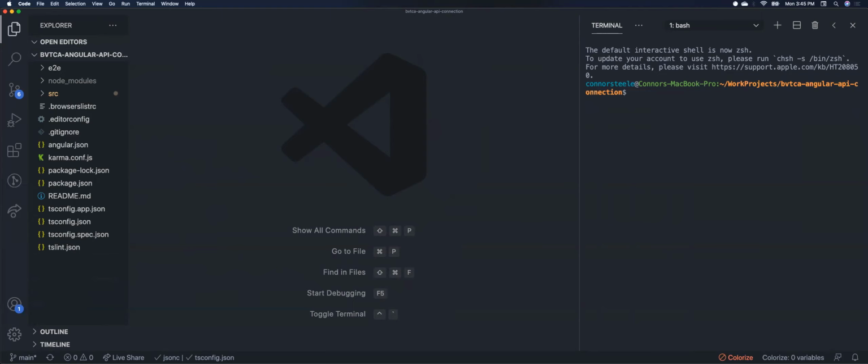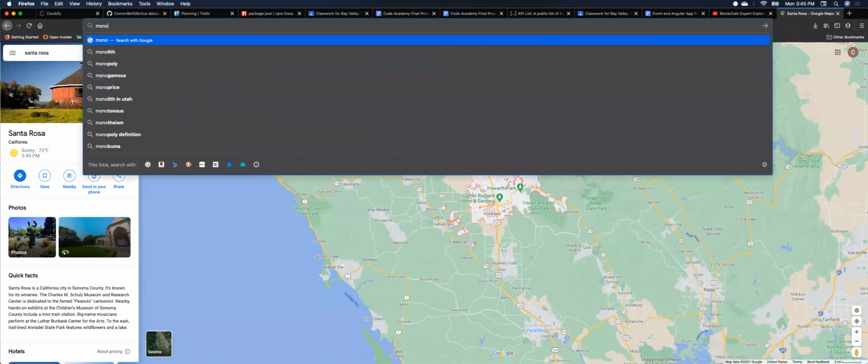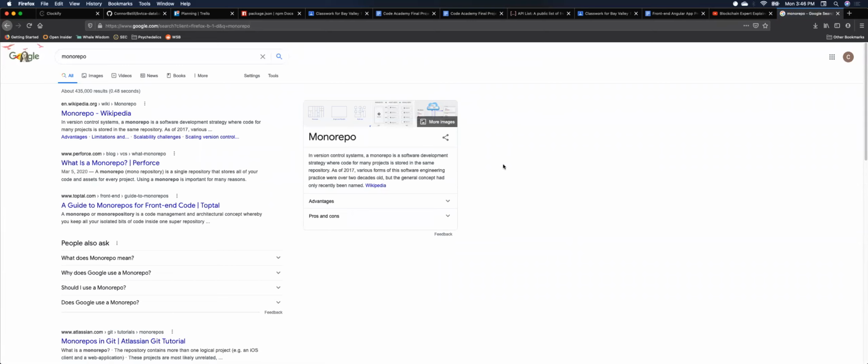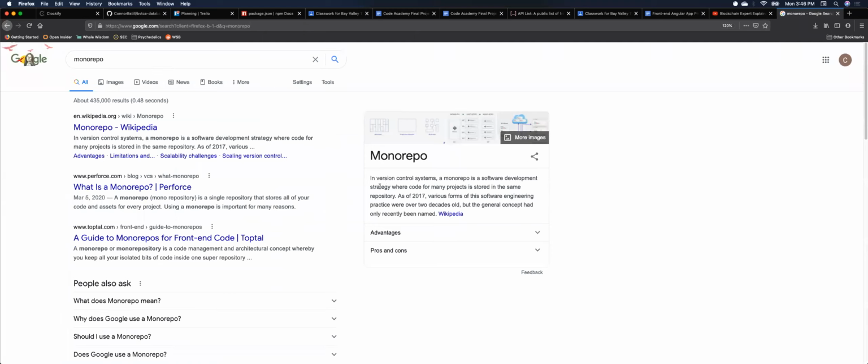You can put them together. There's this thing called a monorepo, I think. I've never actually done one. I don't know exactly why you would do one. I don't know a lot about them. But a monorepo is a software development strategy where code for many projects is stored in the same repository. It's kind of an older way of doing things, I guess. And I don't really know if there are advantages to doing that, to be honest. I can't think of any reason to do that, but there might be one. But generally, you just keep them